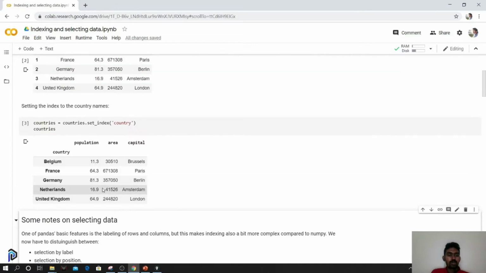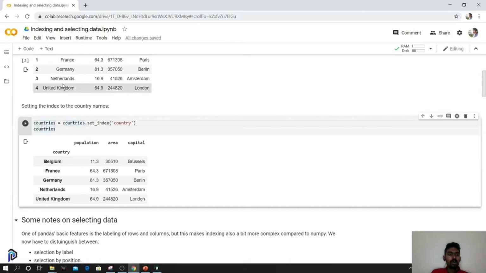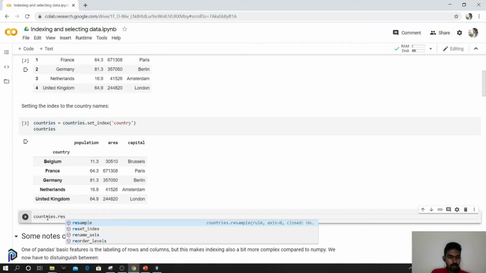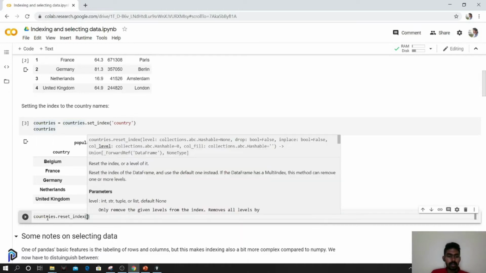We can do it using the set_index command. We have already seen this in the previous section. We created our own index and used it. We can select one of the column names and pass it so that the new data frame would look something like this. You can redo it by executing the reset_index command.